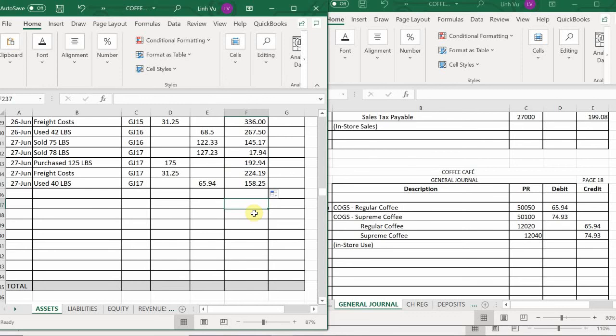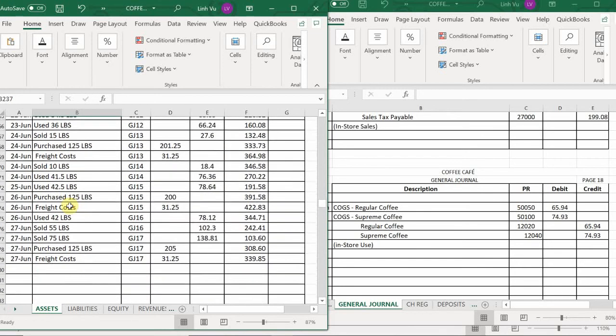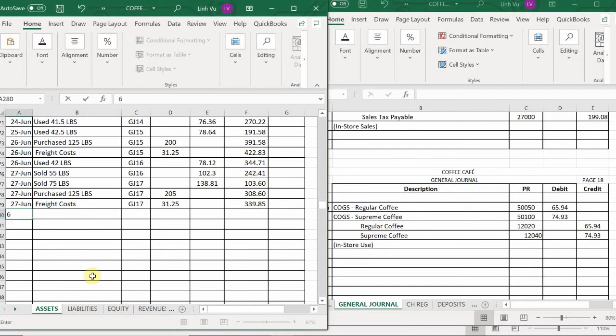That brings us to 158.25. Good. 158.25. Next is our Supreme coffee. We used 40.5 pounds. Our credit amount is $74.93. That brings our total